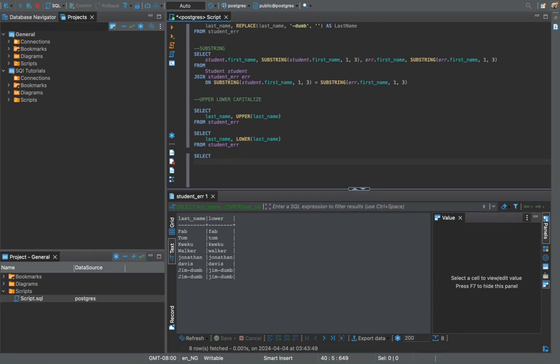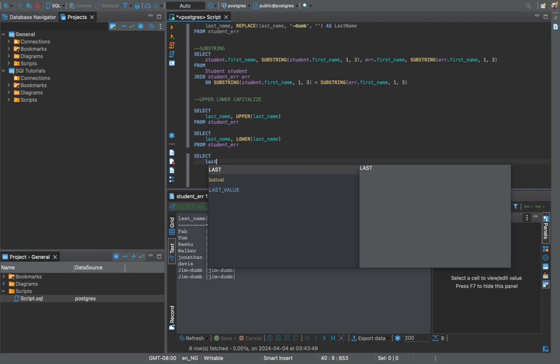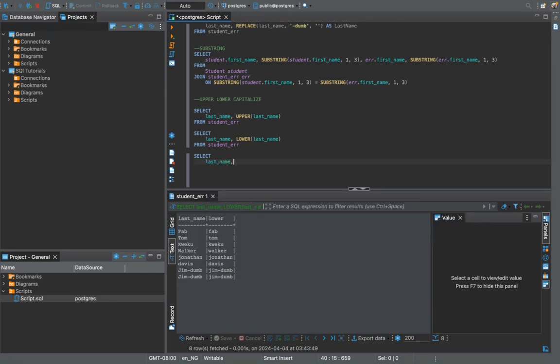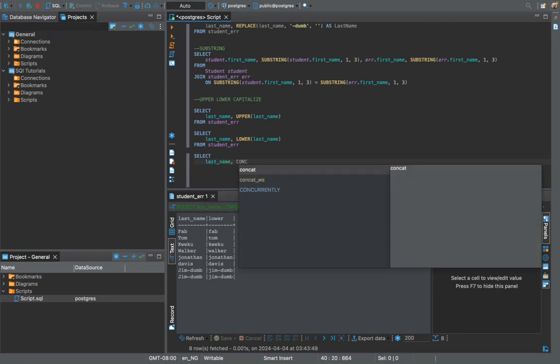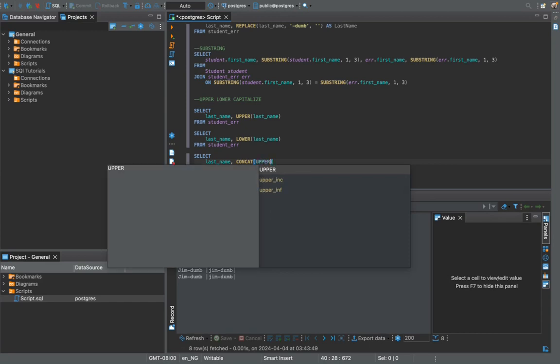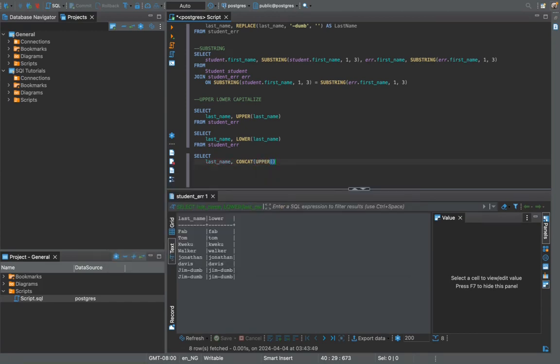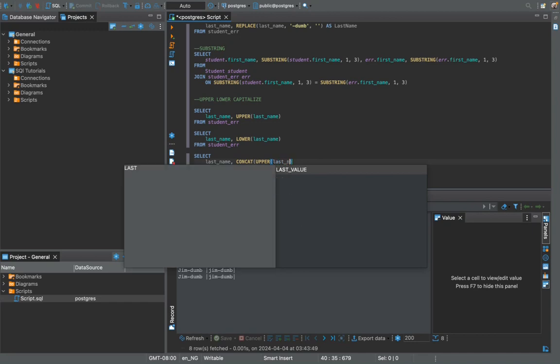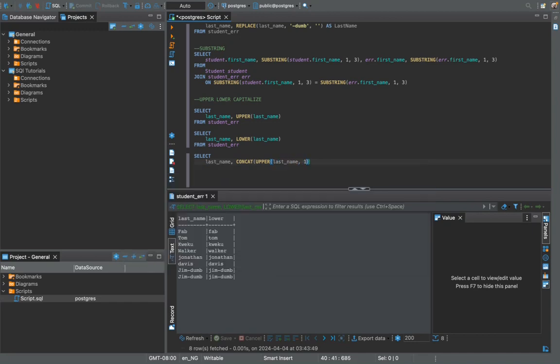So we can go ahead to say last name, and then use the concat, and here we want to use upper, right? So for upper we want the last name, and then we want the first letter for the last name to be a capital letter, right? Sorry, upper left,